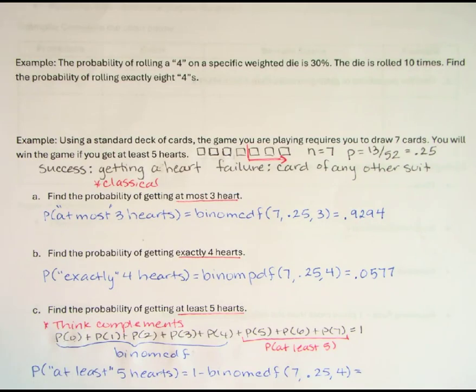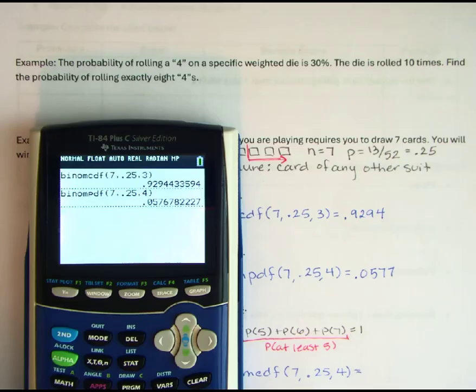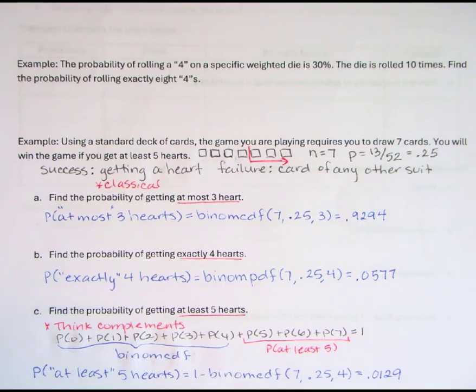So the probability of at least 5 hearts is equal to 1 minus the binom CDF. When you enter this into your calculator, make it look exactly like what's on your paper. Start with 1 minus before you go and find the binom CDF. This way, when you hit enter, you know you'll have the exact value you're looking for. And now I can round my final answer. Again, be sure that when you are setting up your probability of the events, that once you hit your equal sign, you set up the calculator feature before you hit your